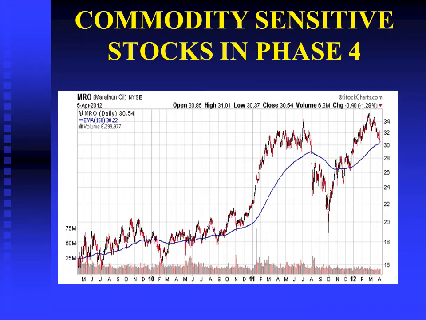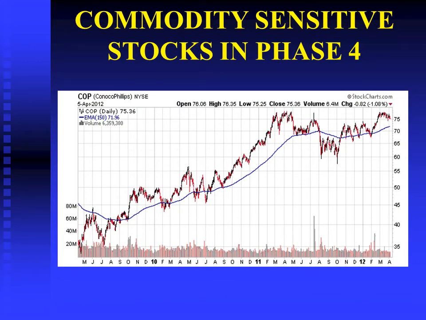This is the price of Marathon Oil, which is oil dependent. Again, the pattern is still the same. I know it is almost boring, but that's the point I'm trying to make: at the beginning of 2011, commodities declined, the economy was weaker, then it improved again, but then there was a relapse in 2012 of economic growth, and look what happened to the stocks. It all follows exactly the trend of commodities. Again, the point being that even crude oil is dependent on the growth of the economy.